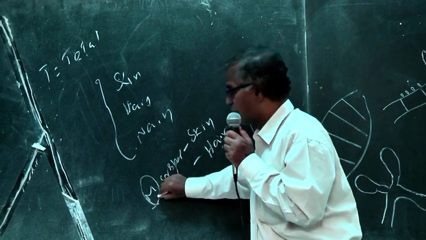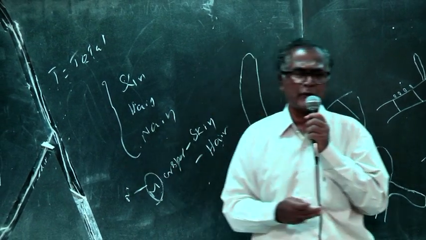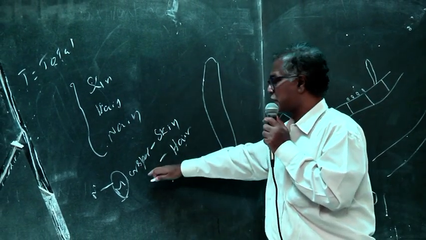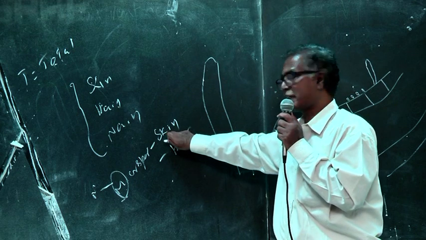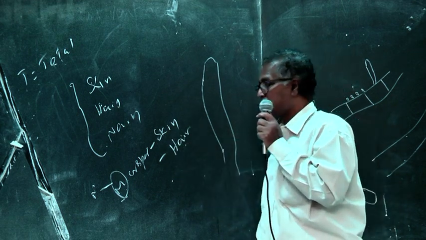M, for you to remember easily, mire. In Tamil, mire means hair. So T is for total keratinized tissues. In case of Microsporum, it could be either skin or hair, because it causes infection of the hair.